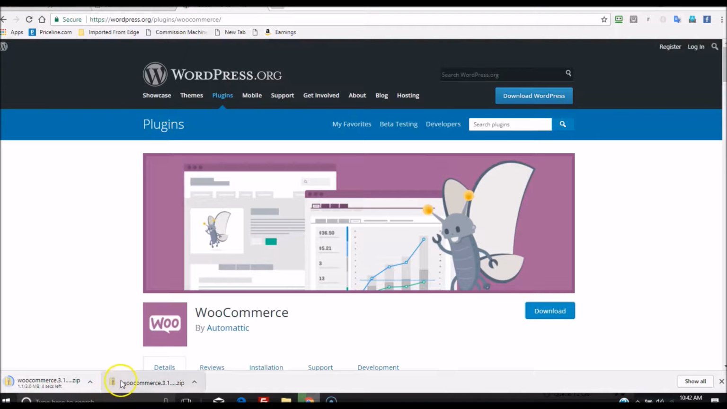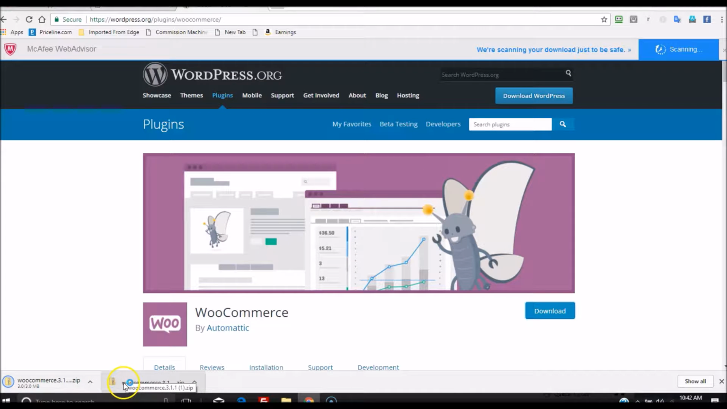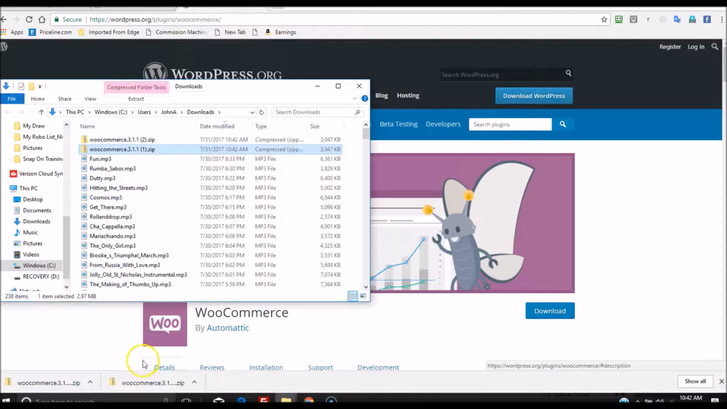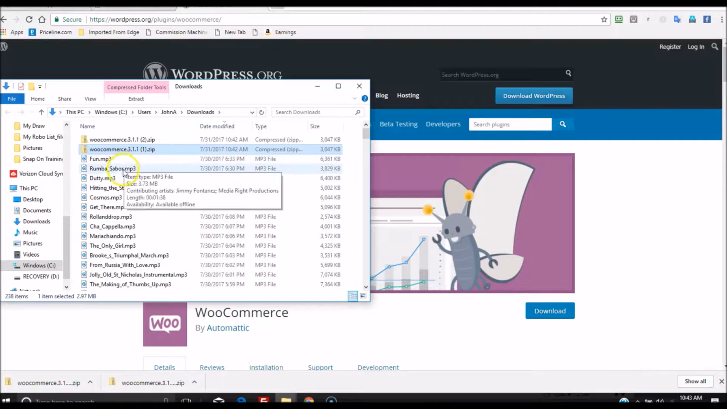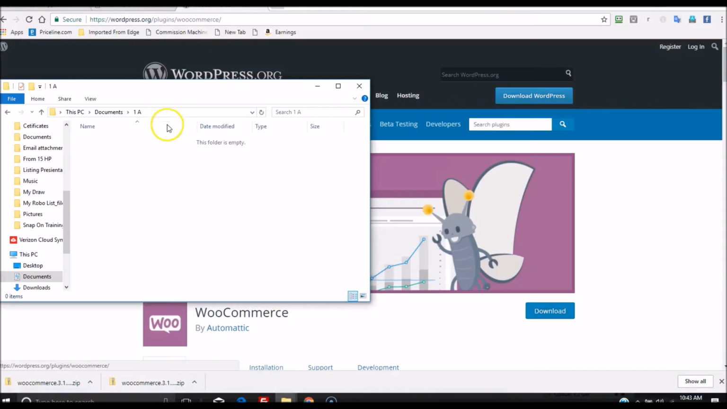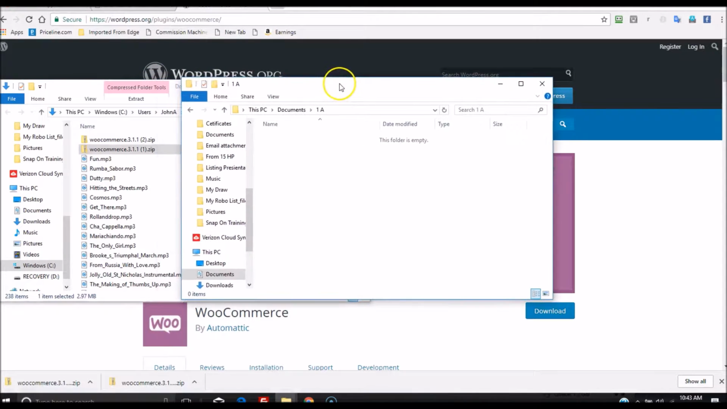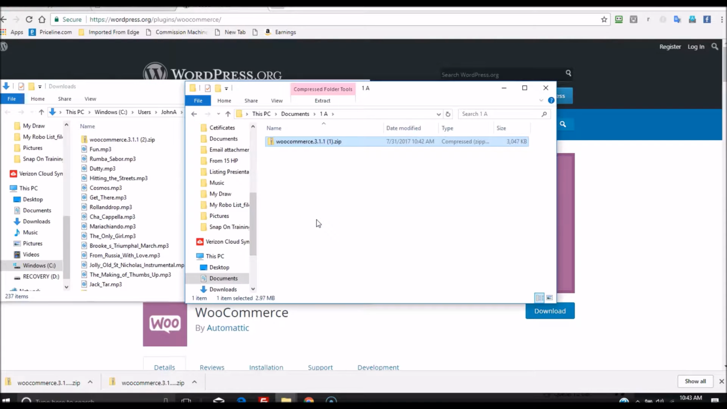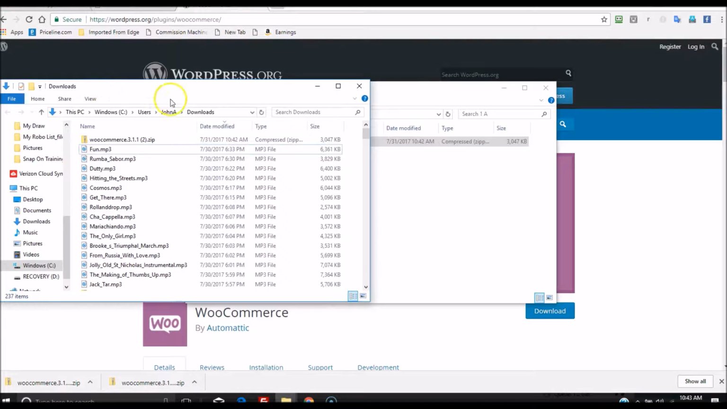And down here I have WooCommerce. I'm going to show it in a folder. I downloaded 2 of them, but that's okay. And I'm going to take WooCommerce and put it into an empty folder that I've created. So let's just take one of them and bring it over, and there it is. Okay, now